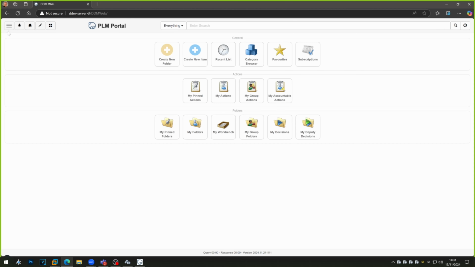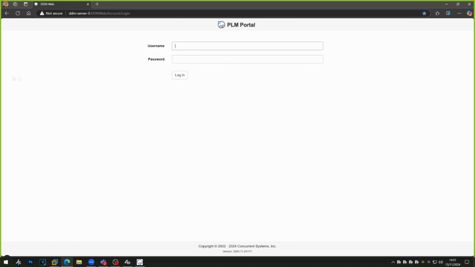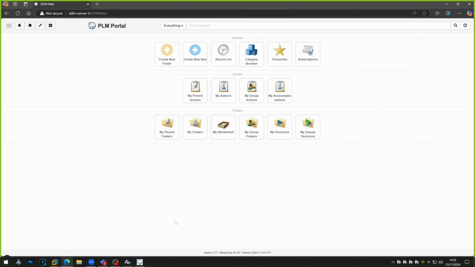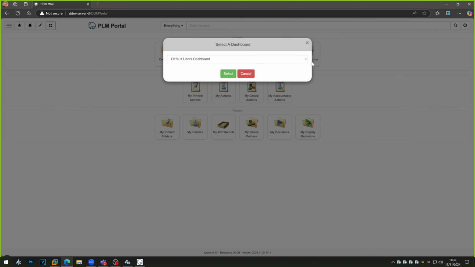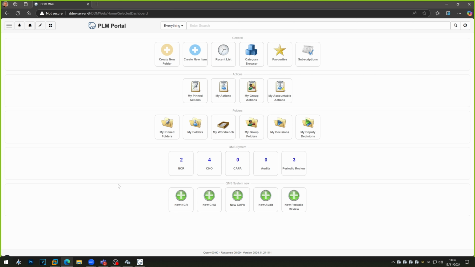If, for example, I log out as that user and go back in as the administrator. Okay, now this is the default dashboard, and I've been creating some additional dashboards. In here we've got a quality assurance dashboard. So I've edited the dashboard, and as you can see, I've added some widgets on the bottom of